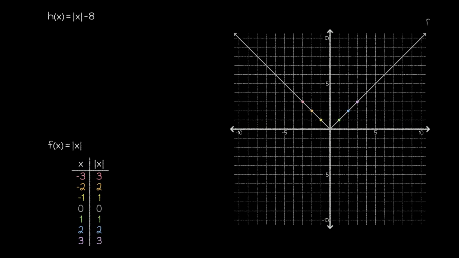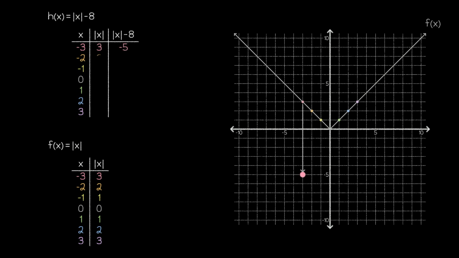For our next function, let's consider this one. Once again, we're actually going to start with the parent function, but once we have that color-coded and graphed, we can move on to our extended table of values for the child function. Recall from earlier that since the absolute value is the first step happening in this function, we can conveniently use our 7 key values as our inputs. Then, as we finish off our table and graph our points, we can see that each point in the child function is 8 units lower on the graph than the corresponding point from the parent function.